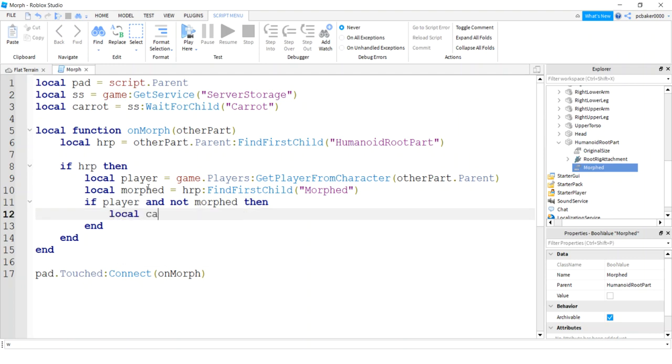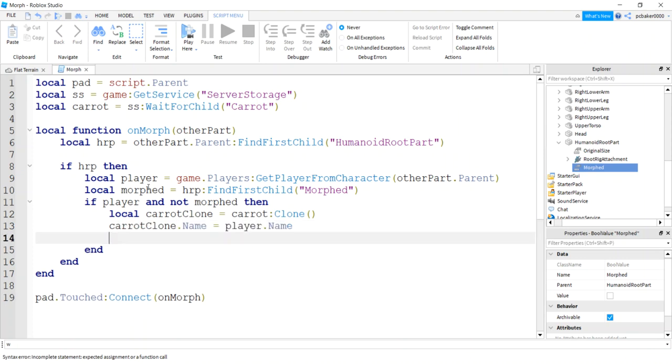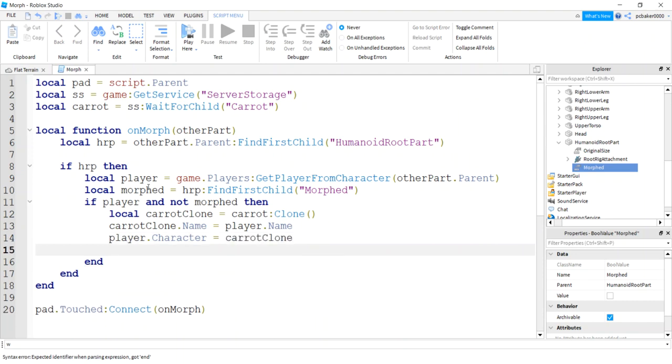So we'll say local carrot clone, right, will be the carrot, and we'll clone it. Probably could have guessed that. So the carrot clone, I'm going to set the name to the player name. Right, and then we're going to get the player's character. We're going to swap that out with the carrot clone. Right, and then we need to get the humanoid root part of the carrot now. So we'll say carrot root part